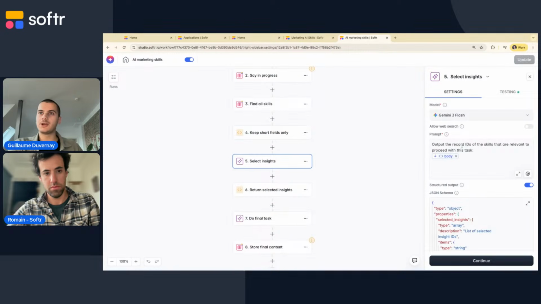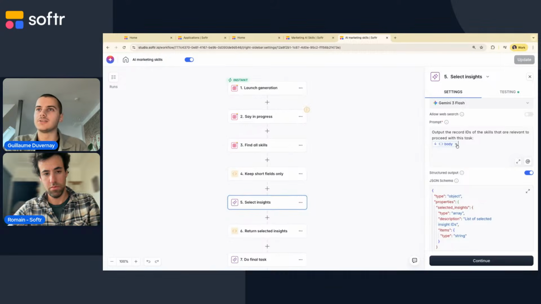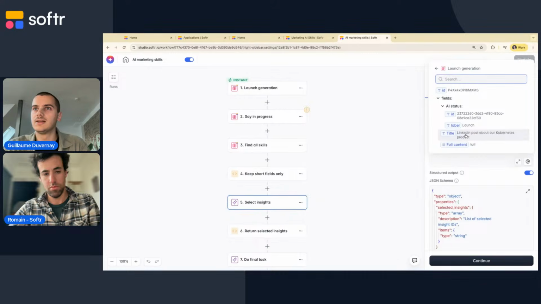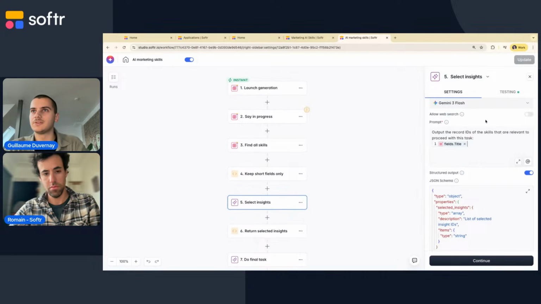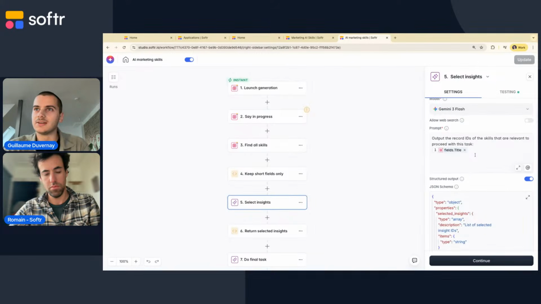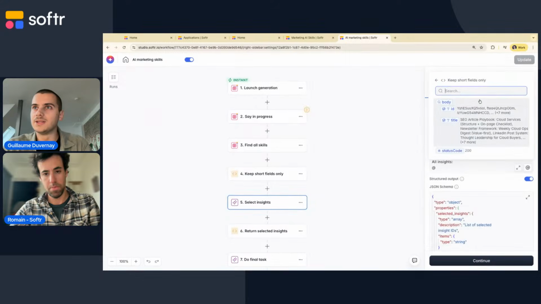So then I have an AI right here that selects the insight. Let me just see, did I actually, I'm not sure I mapped the right field here. The task was the title here. Yeah, I'm not sure how I set it up. So I have a small AI model that will, no, actually, wait, the task itself is that, okay, but what I missed is all insights. And here I'll pass the body of the insights. That's what I missed. Yeah.